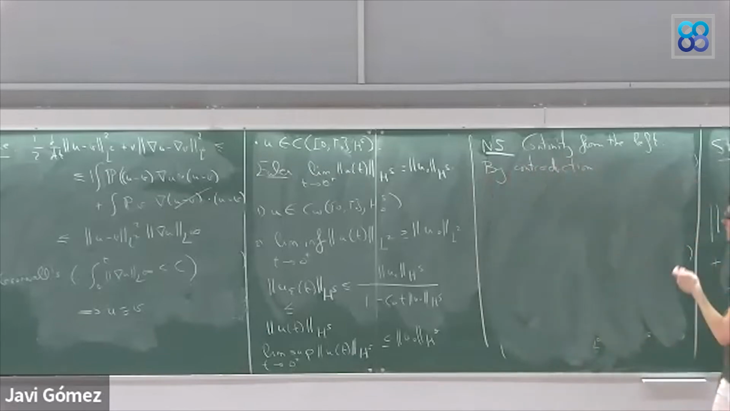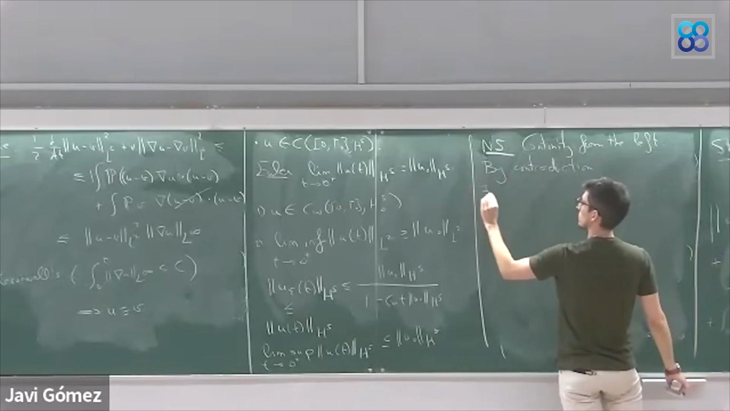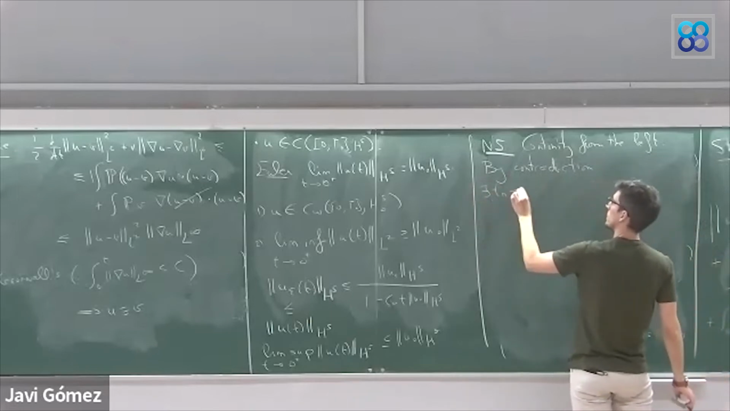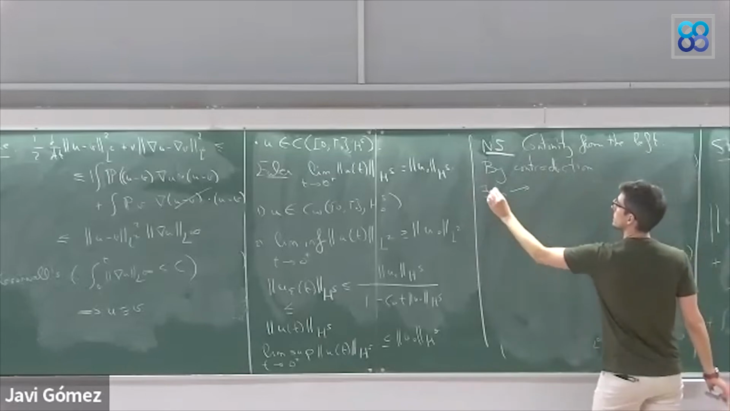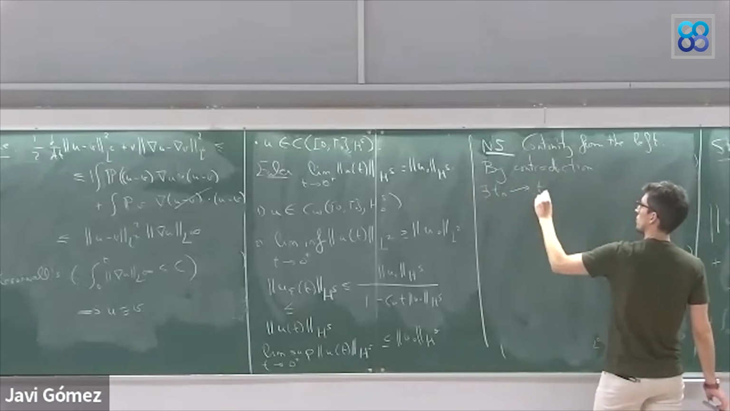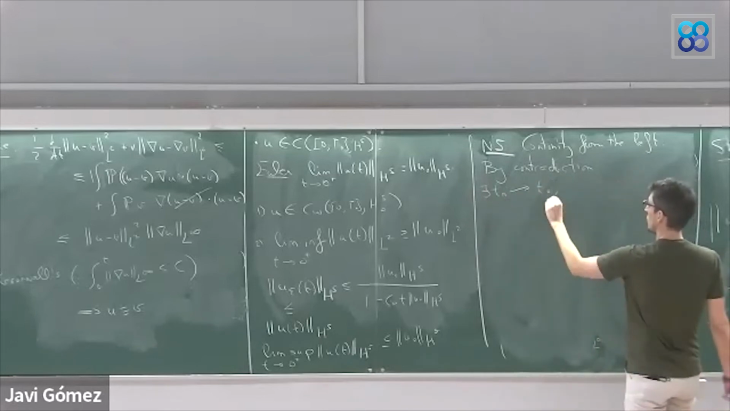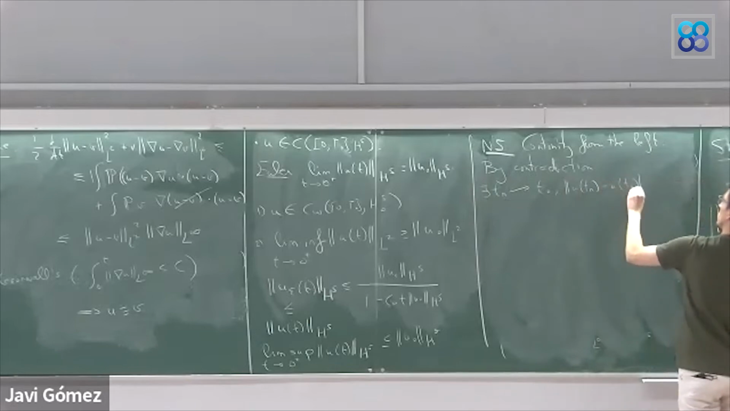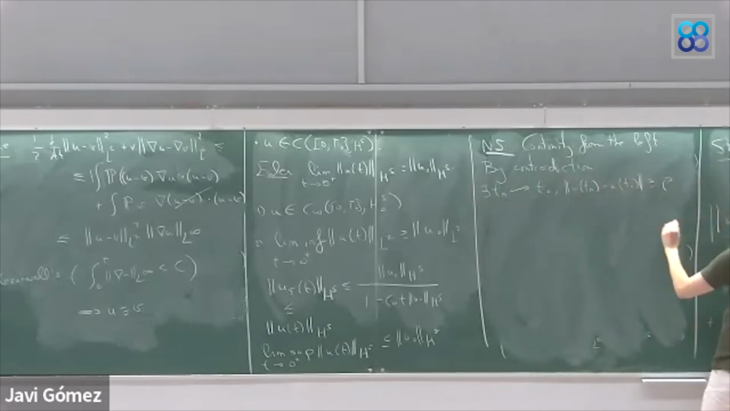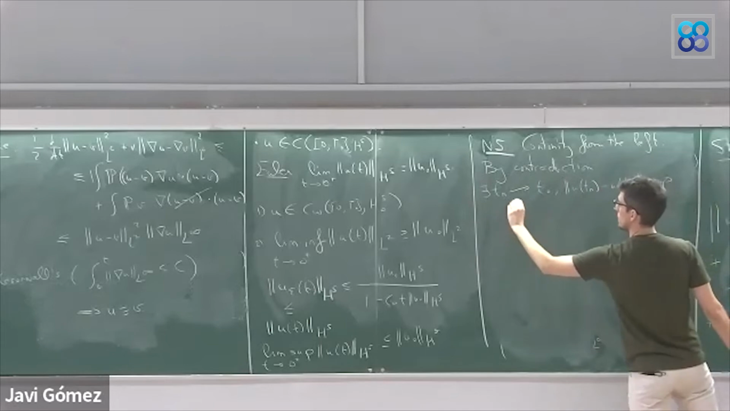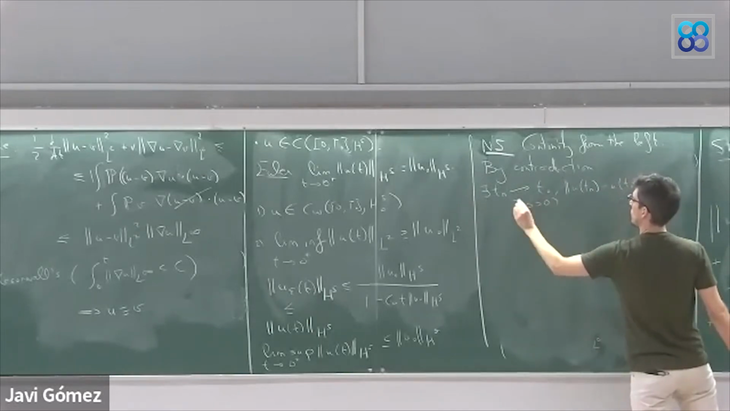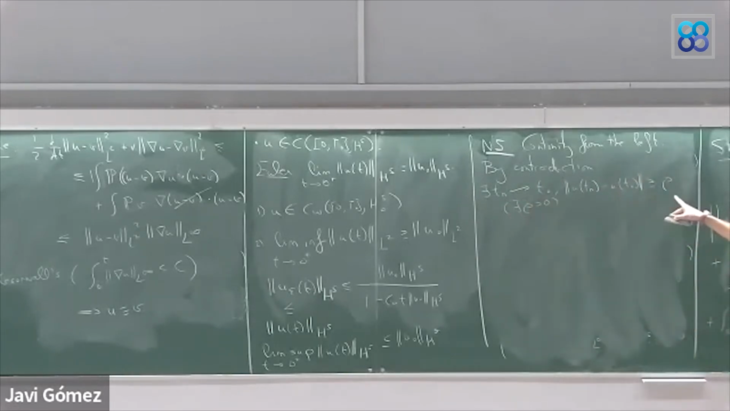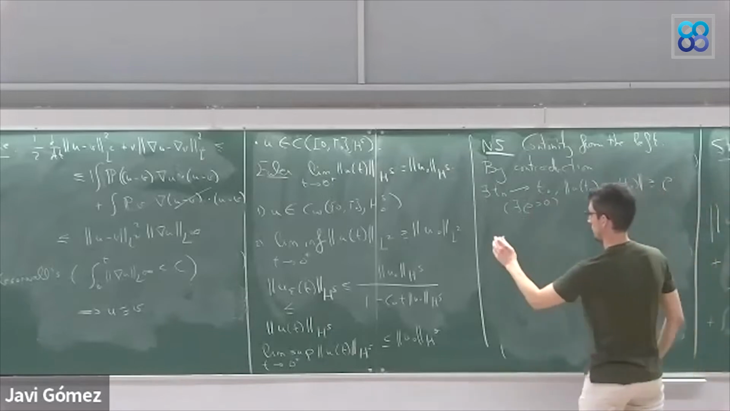So assume that this does not hold. Let's construct a sequence of Tn that goes to T naught, for which this is bigger than some constant. So let's assume that it doesn't go to 0. Okay, now let's fix